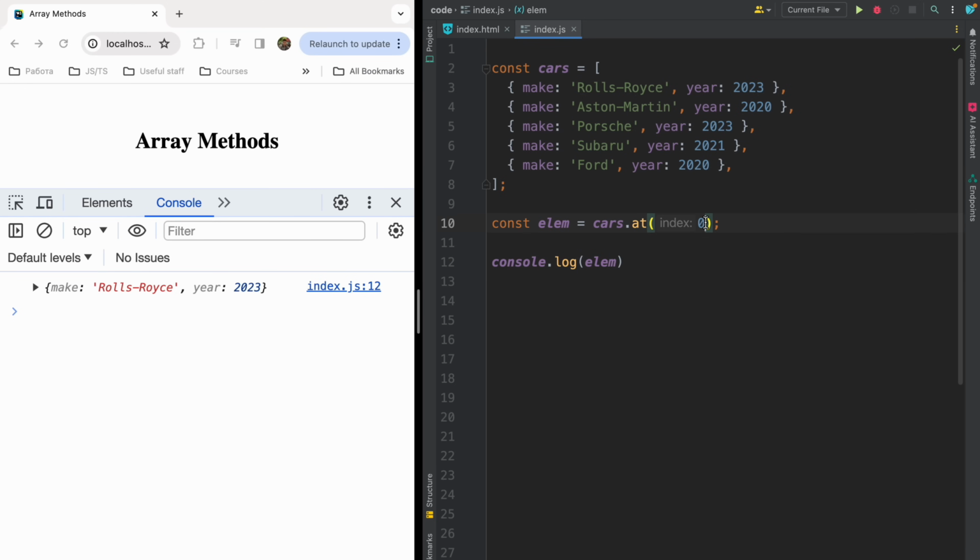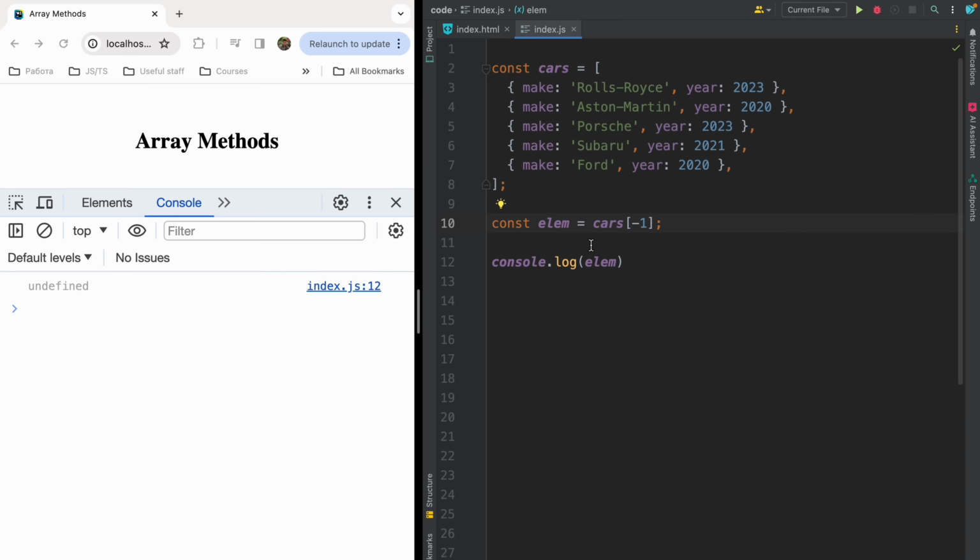We can access our Aston Martin by the first index. Index 1, we will have Aston Martin. You may ask me, okay, Alexey, but we can do the same with square brackets notation. Yes, but not exactly. Because we can access, for example, our first element, our second element. But how to use negative indices here? We can't do it. If we try to use -1 in square bracket notation, we'll have undefined, but